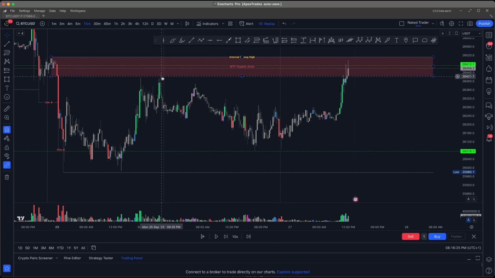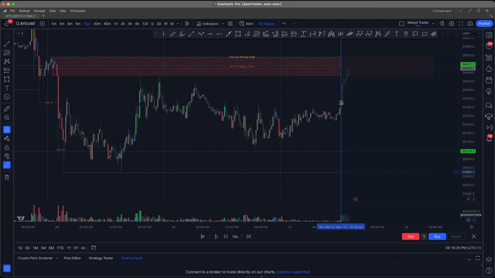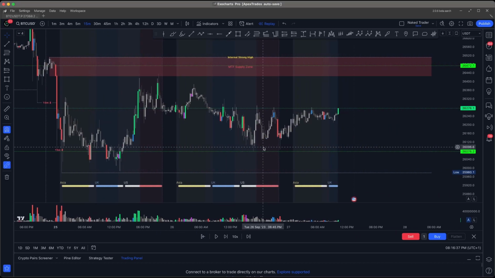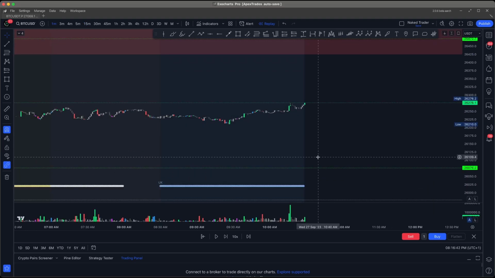But what you'll notice here is this didn't give us anything that is usable to us, right? So what I mean by that is, if I go back, let's just cut that down to here. Session 1, right? If you remember, we talk about market structure, where remember that trend change. So we get like higher high, pullback, higher high, pullback to higher low, higher high, pullback to higher low. But then when we don't break that next high, we get a trend change, right? And then we mark that trend change.